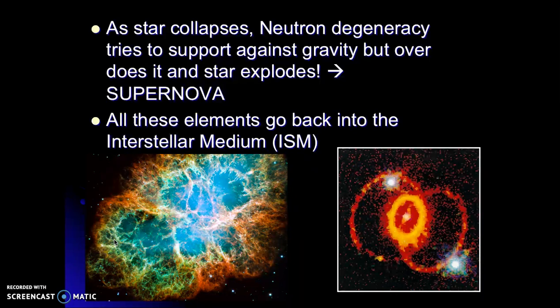Okay, so this is where you really can say we're made of star stuff, because once these stars explode, all those elements are then populated back into the universe, which then create new stars and solar systems, and then eventually us. So that's where Carl Sagan is famously quoted as saying, we are made of star stuff. Okay, and that's because all the elements that you think of on the periodic table come from the explosion of